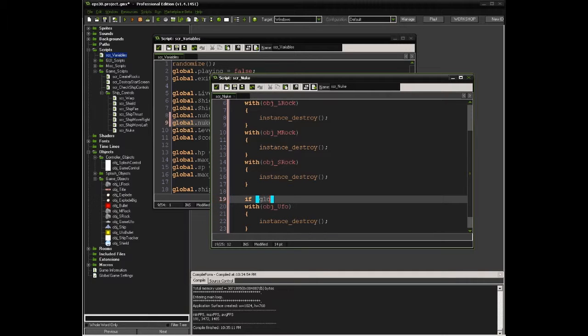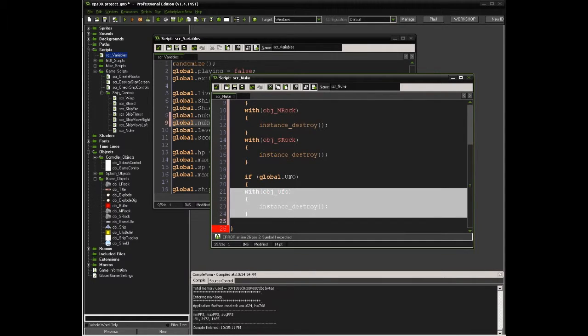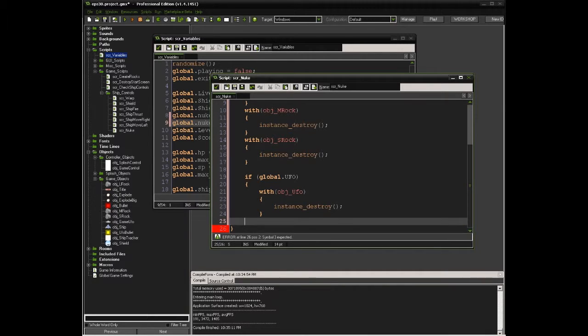If global.UFO is true, with object, remember we renamed this game UFO,